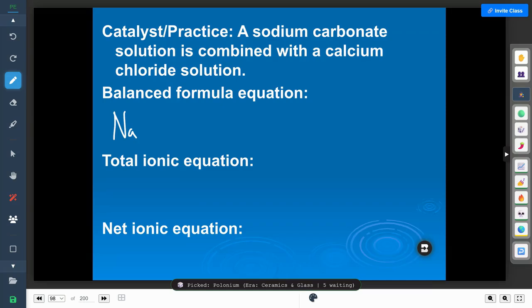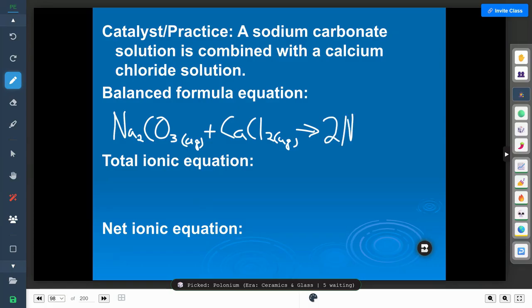Na2CO3. Okay. What else do I need there? Aqueous. Okay, good. Plus CaCl2 aqueous. Good. Results in 2 NaCl aqueous. Okay. Plus